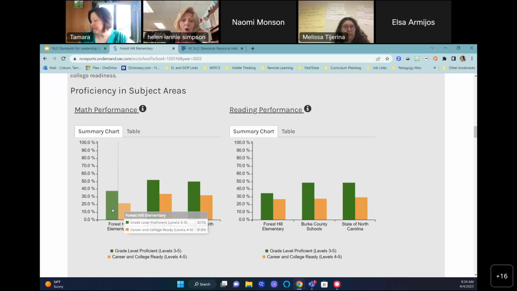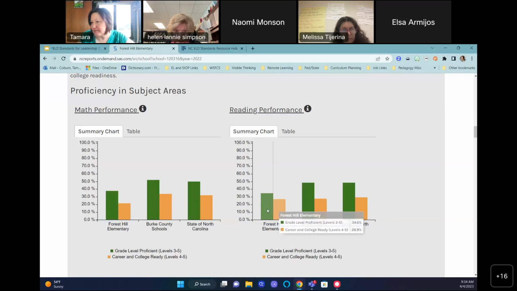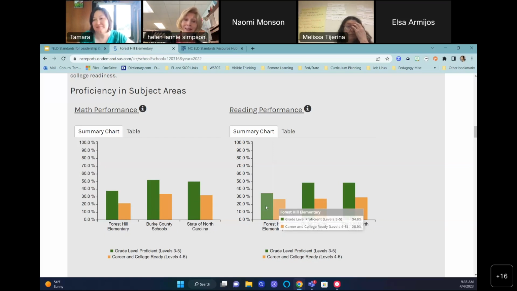It's better. We've got a stronger percentage of students meeting their annual ACCESS goals than we have percentage of students being proficient on math. And Tamara, if you'll hover over the reading performance to the right there, we have Forest Hill reading performance at 34.8%. Again, I know that my EL teacher is impacting, and her students are impacting that school performance grade positively vis-a-vis what they're doing in reading and math.